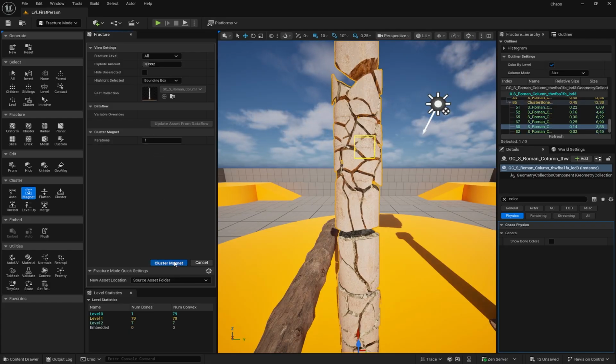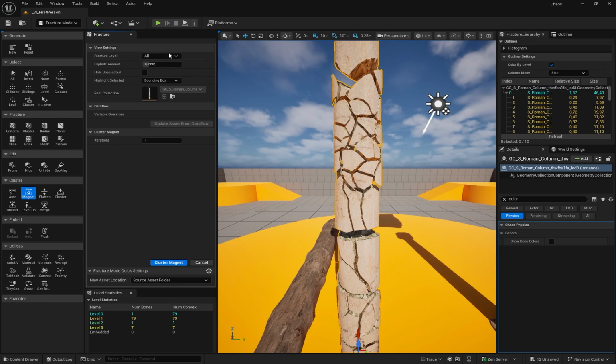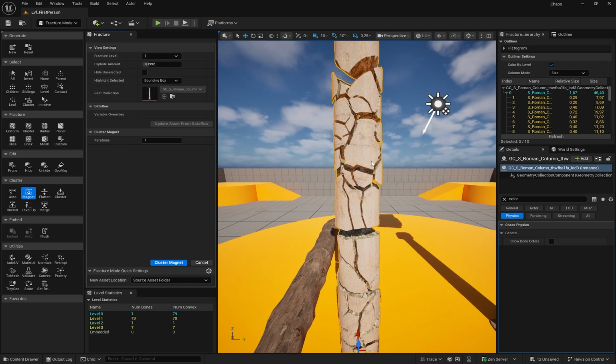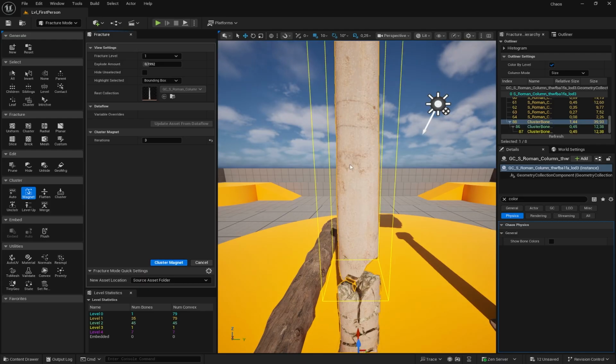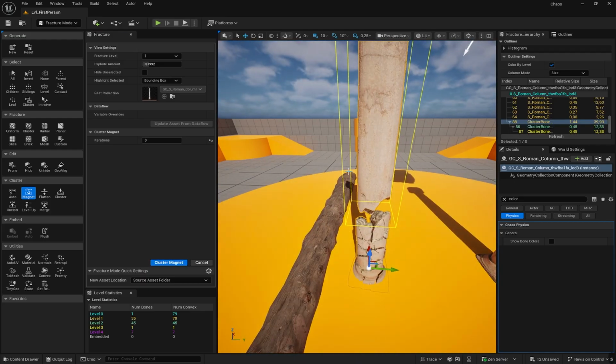So if I click on cluster, it will combine them to a cluster. Every time I click, it will basically make a new cluster, and I can say how many pieces should be connected. Basically, I need to select something first. So now you get a much bigger chunk. Okay, yeah, so